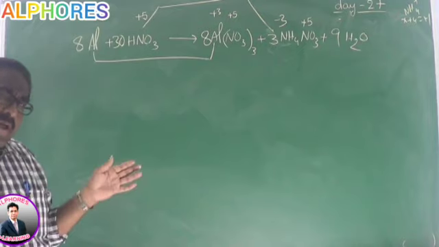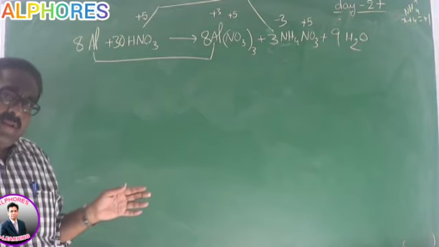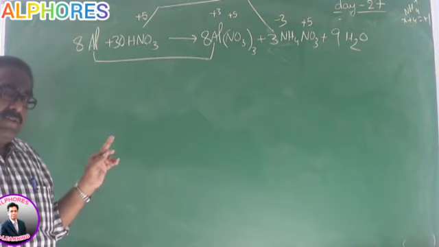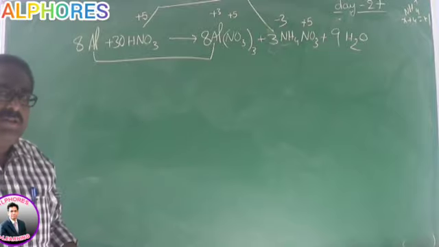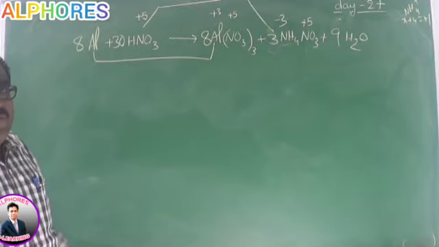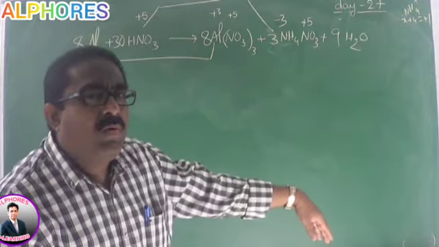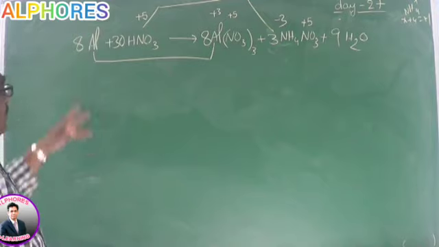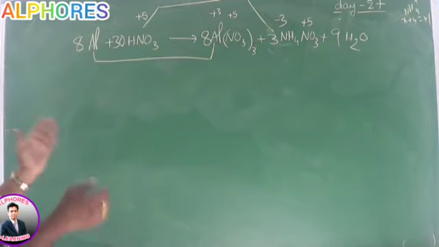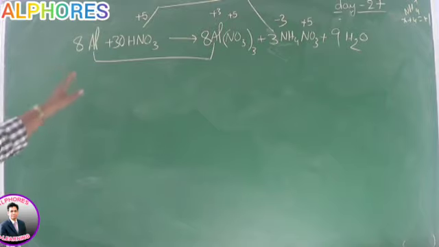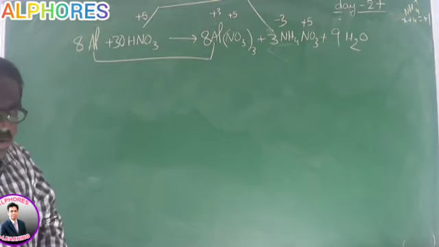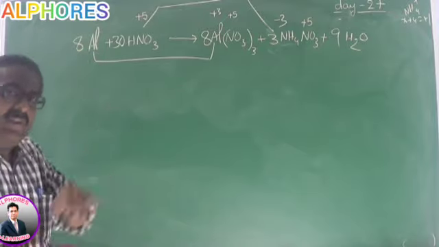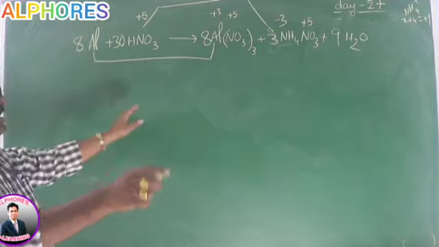Now, in all the previous balanced redox reactions, almost all the coefficients of reactant species and corresponding product species are almost the same. 2MnO4 minus, 2Mn plus 2. 5MnO4 minus, 5Mn plus 2. Like that we have. But here it is different. The reason is, aluminum is completely oxidizing. There is no second thought in that. 8 aluminums, 8 zeros and 8 plus 3s. Total change 24 electrons. Okay, clear.